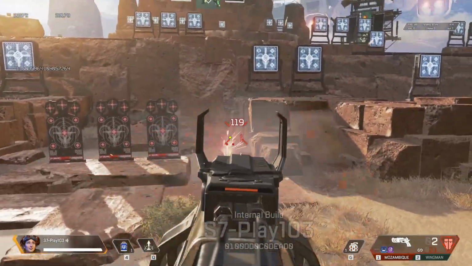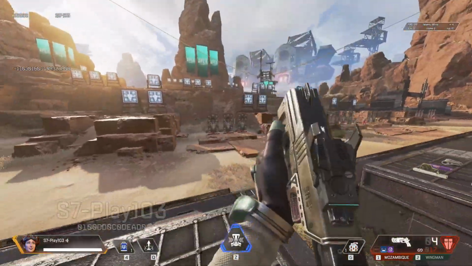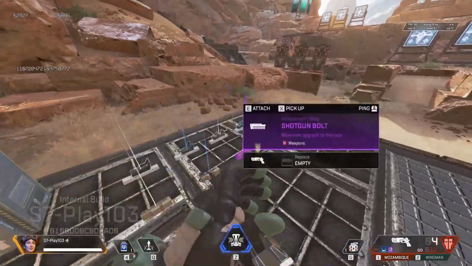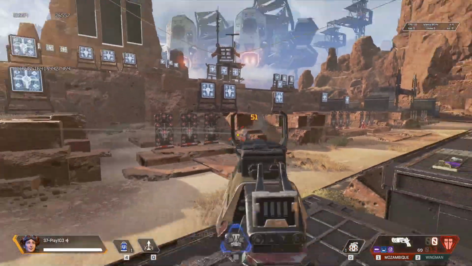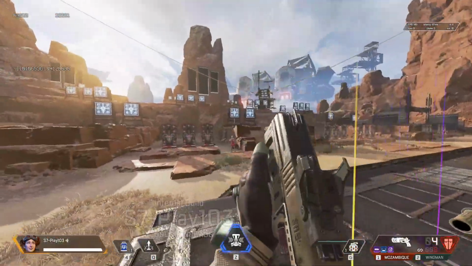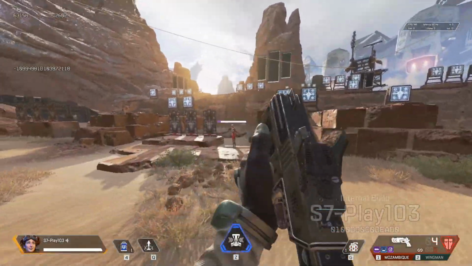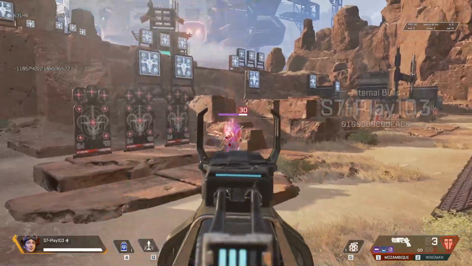Moving on to the Mozambique, any changes to this? Not in Season 7. The Mozambique kind of falls in the same pattern of play as the P2020. It's a fun weapon when you get the hammer points, when you get that one shot into someone who's not expecting it. When you have the purple bolt, it's actually pretty much a monster to deal with, but from range, it could be really unreliable,